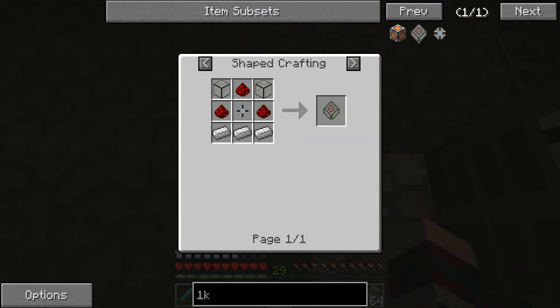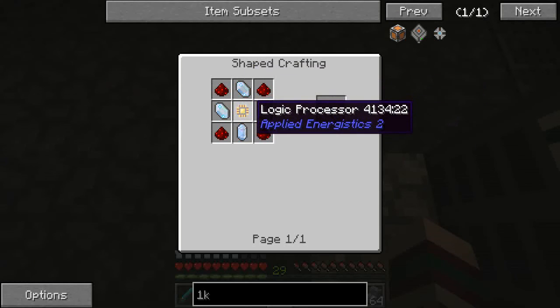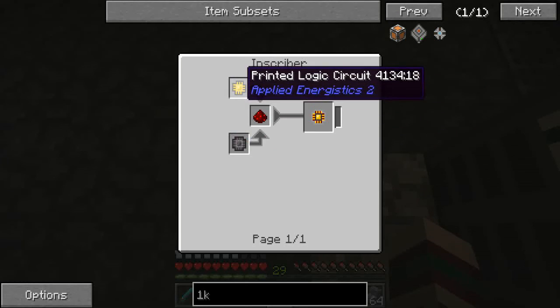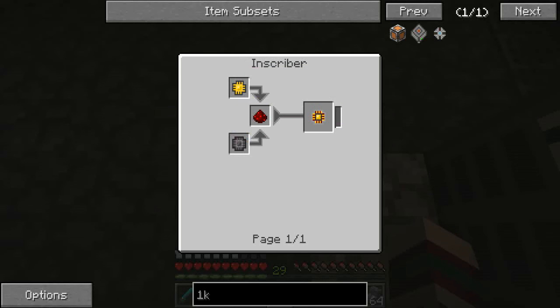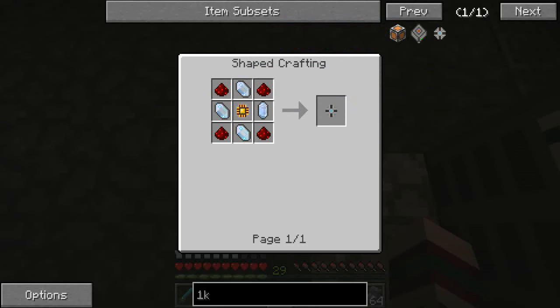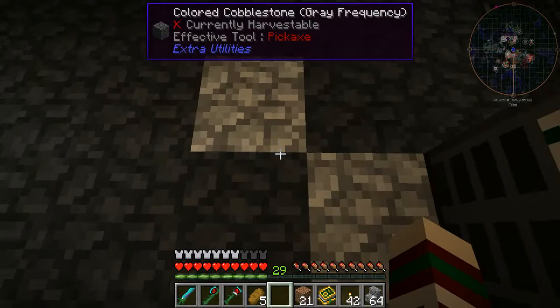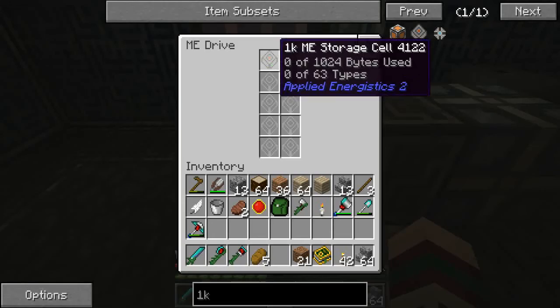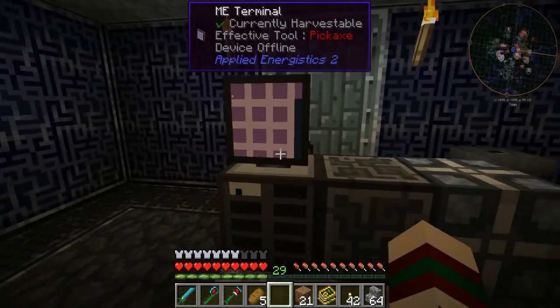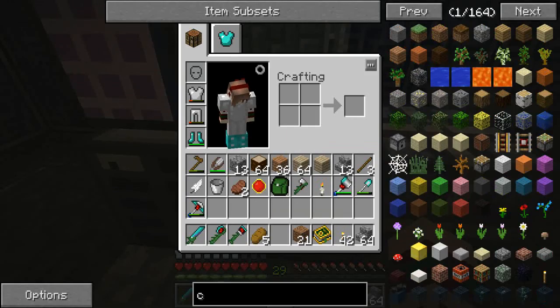And then we made 1K drives, which is a storage component, which is a logic processor, which gets a bit confusing: logic circuit, silicon, which we already had, with quartz and redstone, and then more redstone, quartz glass, and iron ingots. So we do need to upgrade those to bigger ones because 1K is not big enough. And yes, so we made the terminal, and then we made an ME controller,